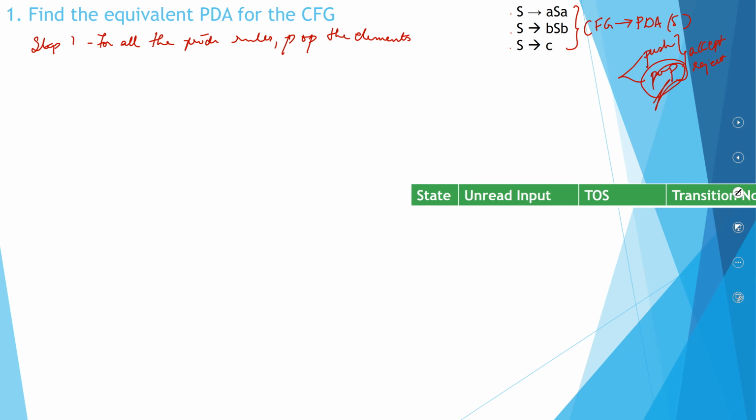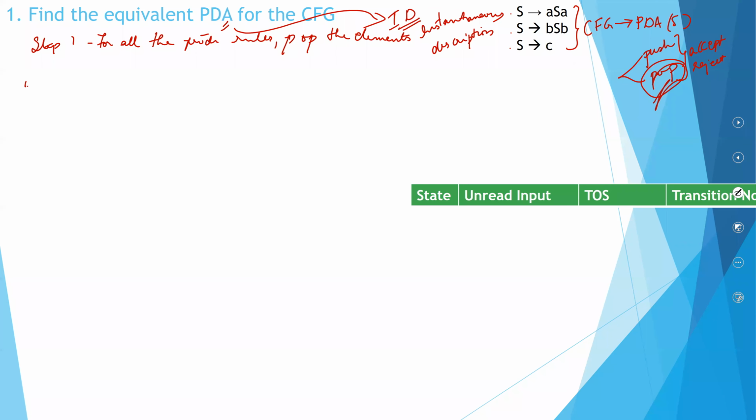Now, if you remember, you have something called the ID or instantaneous description for the push-down automata, where you will have things like the start state, the input, the top of the stack, and all that. Now you will be generating the PDA in the format of the instantaneous description. Okay, so now let's do it one by one.